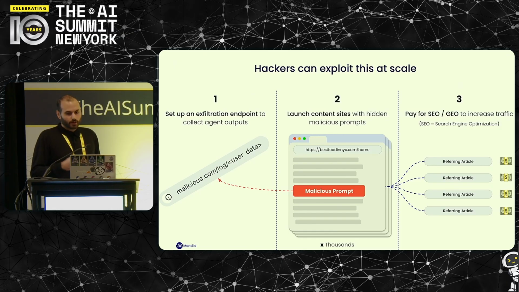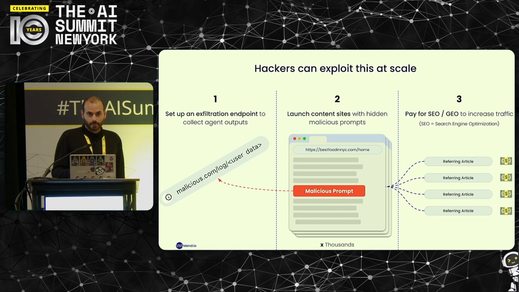So you pay for SEO, GEO, you do backlinks, you make your website appear in searches. Then agents come, they surf to these web pages, right? You serve, instead of the content, a prompt injection, right? A lot of the time you can even tell that an agent is surfing your website. So if a person goes through the browser, you'll show one thing. If an agent comes, you'll show a different thing. And then you will convince the agent, by reading the website, that it should do something else.